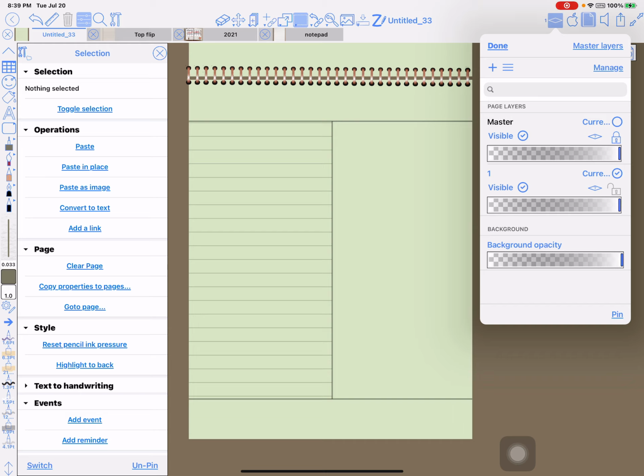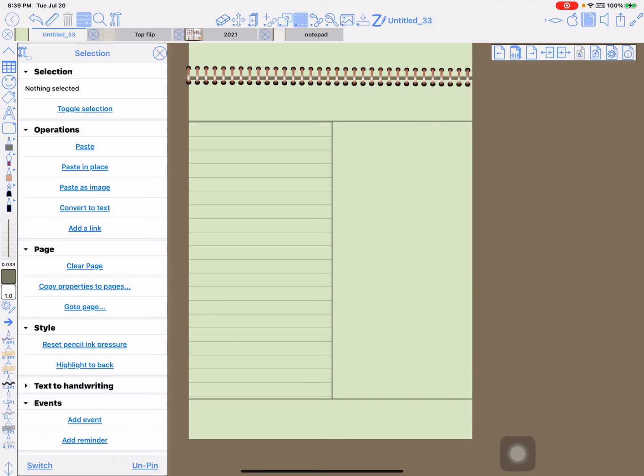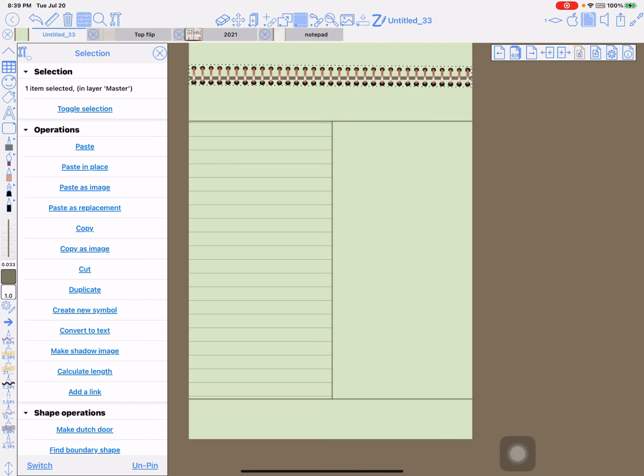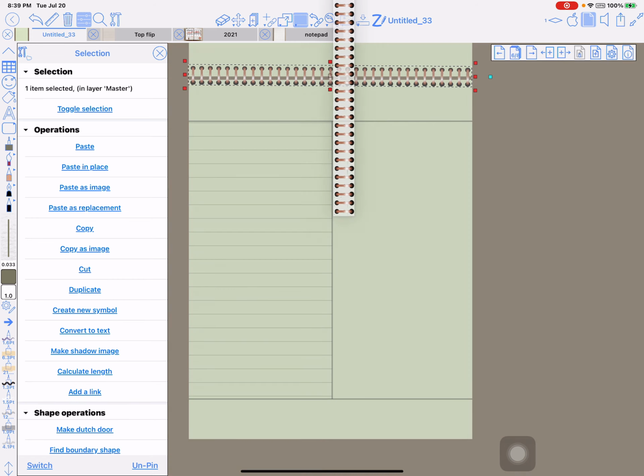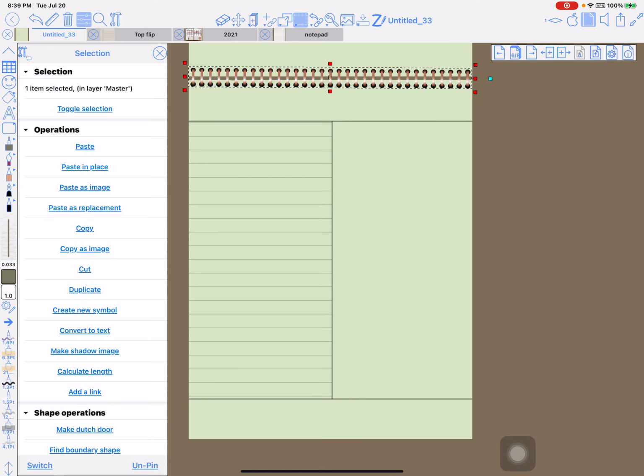So in order to change the look of the page, now see, I don't like my spiral is off the edge on that top one, so I need to go back to the master and unlock it and select. Now I'm going to on purpose leave mistakes. That way you can see how I figure things out. And you can see that I make mistakes all the time. If I crop out everything, it looks like I'm a genius and I know it all. But if I leave all my mistakes in,